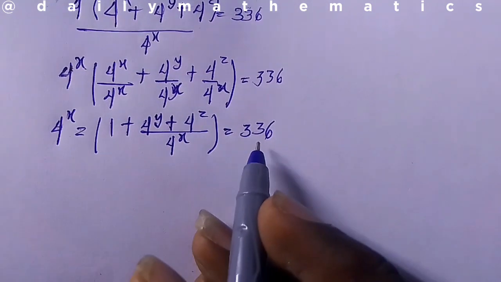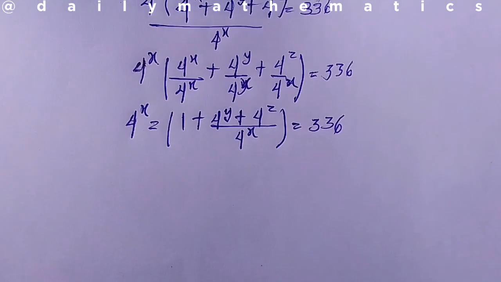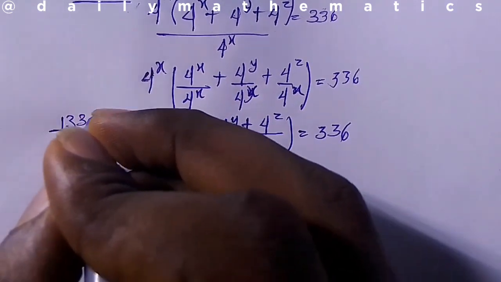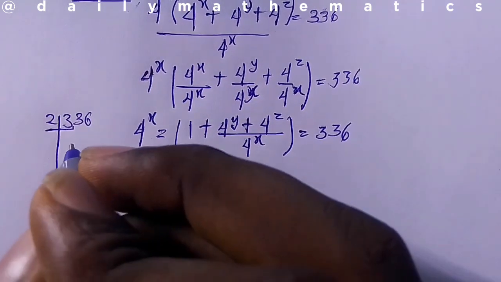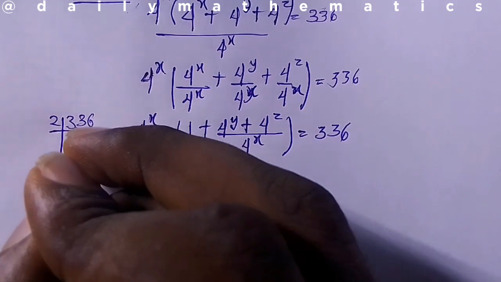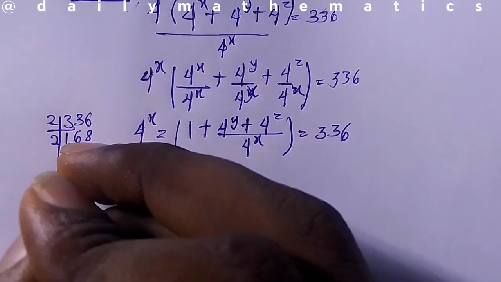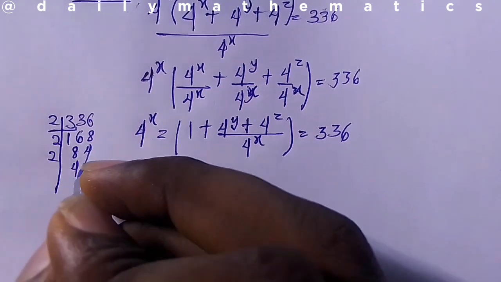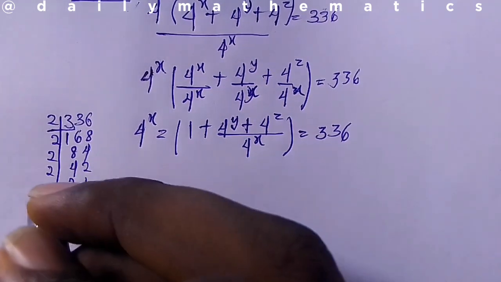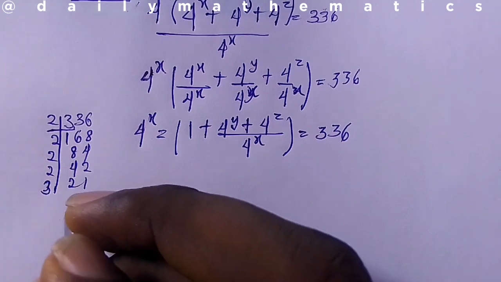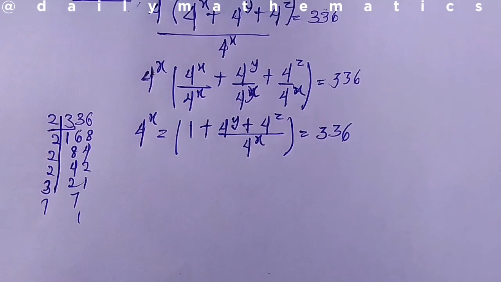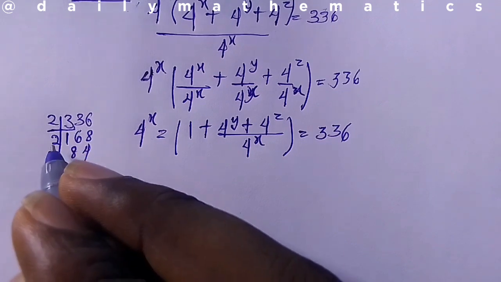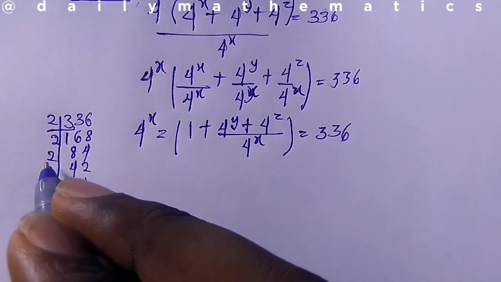So from here, 336, what's 336? You can divide it, you can find the factors. 336, 2 in 336 is 168. 2 in 168 is 84. 2 in 84 is 42. 2 in 42 is 21. And then 3 in 21 is 7, then 7 in 7 is 1. So we can now say 336 is 2 times 2 is 4, 4 times 2 is 8, 8 times 2 is 16,